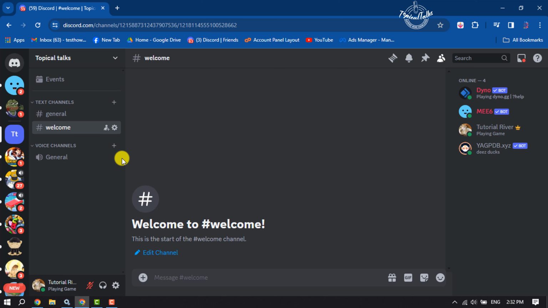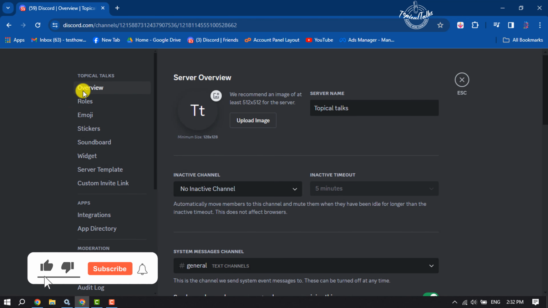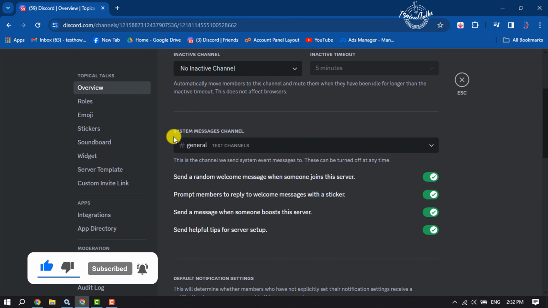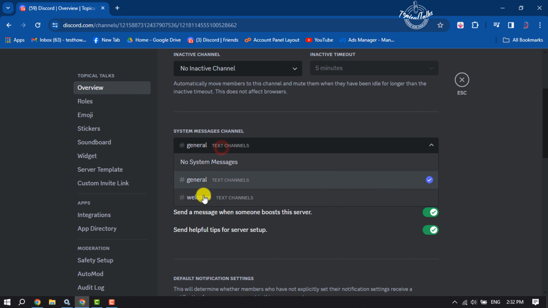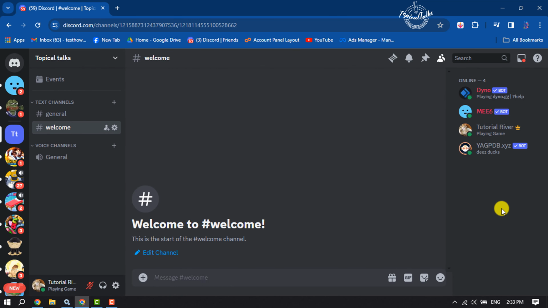now click on your server name, click on server settings, and here select overview. Scroll down, and here you will find the system messages channel section. Click here and select the new channel where you want to get all of your welcome messages, and click on save changes. And this is how we can change the welcome message channel